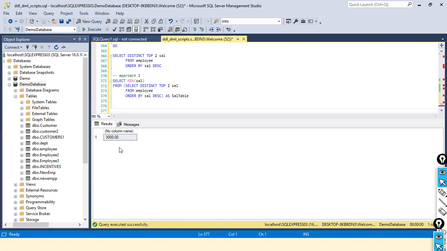That common table expression, I'll explain it later. That is another approach using which you can do this. So apart from this common table expression, is there any other way that I can find out the second maximum salary? Is there any other? The other approach is